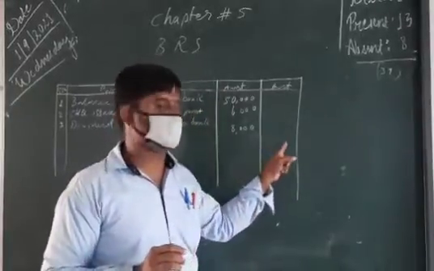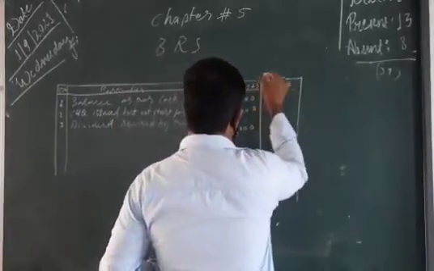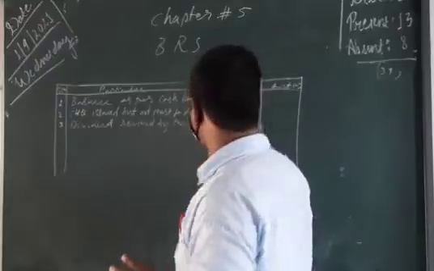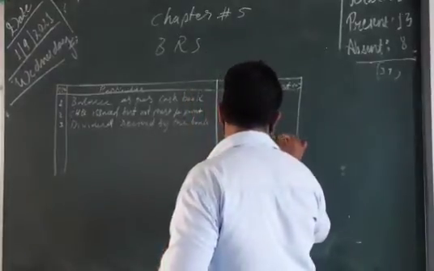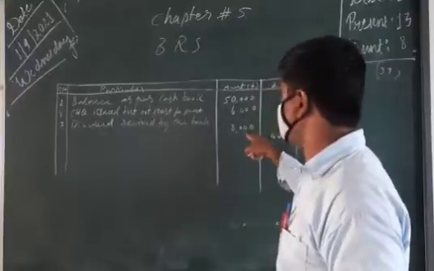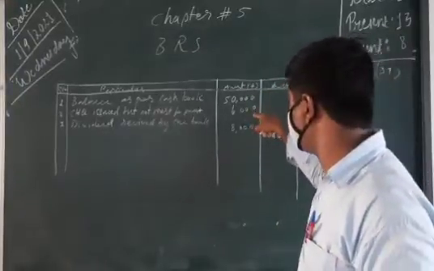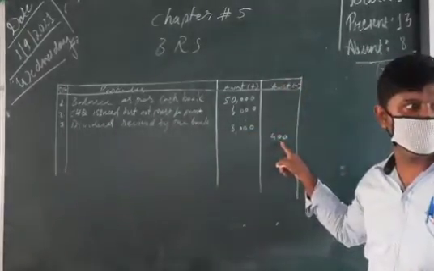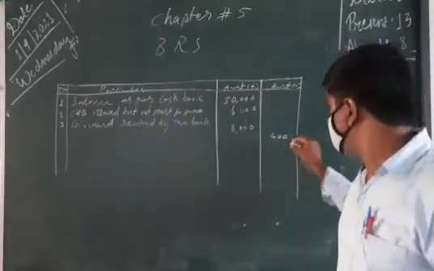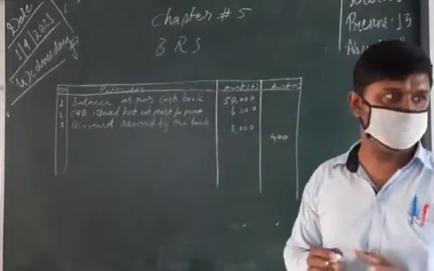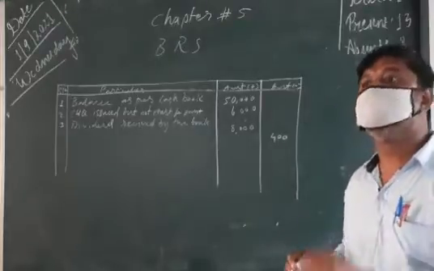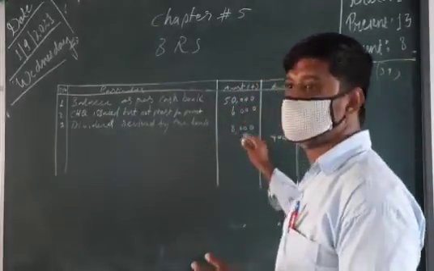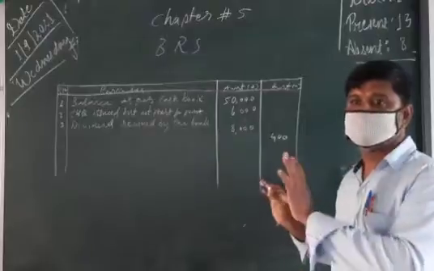That is why this 400 we have to treat as a plus here, and here as a minus, just for understanding. Then here we write that 400 in this column. That means that amount must be reduced from here. These two or three amounts we need to add, and this 400 we need to reduce. Why? Because the bank charged this amount from our account. That means from our account 400 is not there now, but we didn't enter it here. If you reduce it here, then no problem. There is no need to mention it here, but we didn't record it.